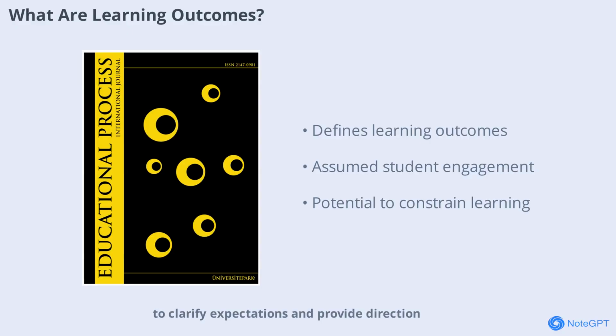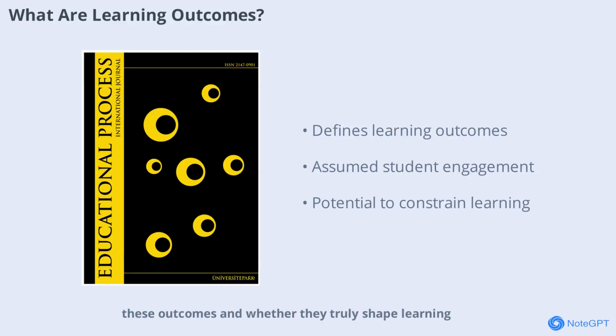While learning outcomes are intended to clarify expectations and provide direction, they can also constrain learning by focusing students only on what is assessed. This scene sets the stage for our exploration by defining learning outcomes and highlighting their intended role in higher education. As we move forward, we'll examine how students actually interact with these outcomes and whether they